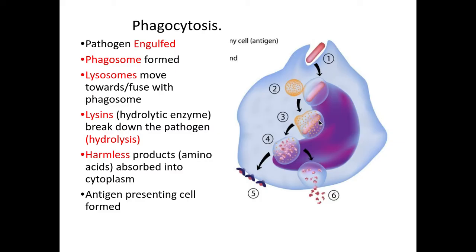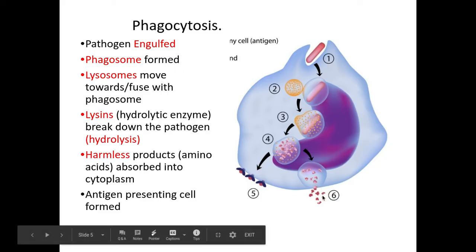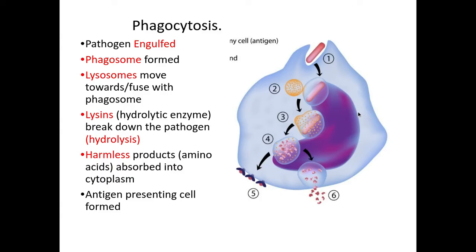fused with the phagosome. And the lysosomes break down, or hydrolyze is a better terminology to use, hydrolyze the pathogen into harmless products, such as amino acids. Now, these amino acids can either be expelled from the cell that you can see here in step 6 in a process called exocytosis, or they can be reabsorbed back into the cytoplasm of the phagocyte and used to build